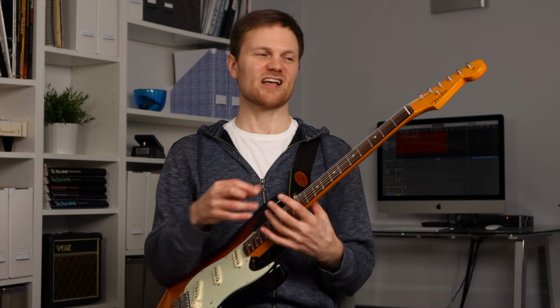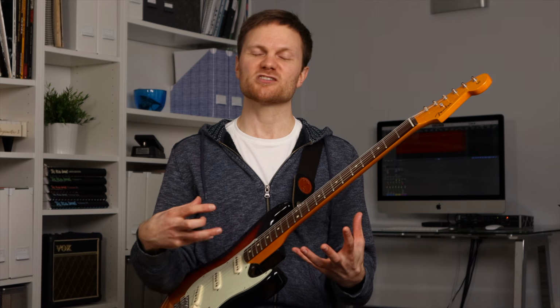Again, it's never going to be exactly the same. There are so many differences in scale length and body shape that make me think there's no substitute for the real thing at the end of the day. But when you're in a pinch, I think there are certain situations where using an EQ pedal like this can be really useful. On a Strat, I find probably the most useful application of it is to